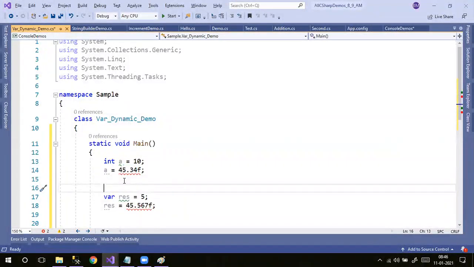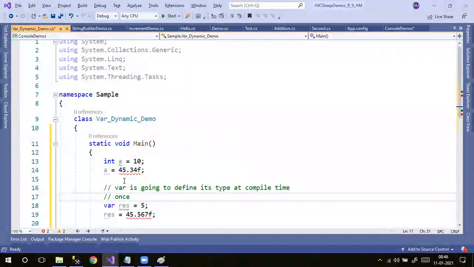You may get a long value, or a short value, an integer value, a decimal value, or a string. Like that, based on what value you are going to return, the variable type is going to be defined. So var is going to define its type at compile time,